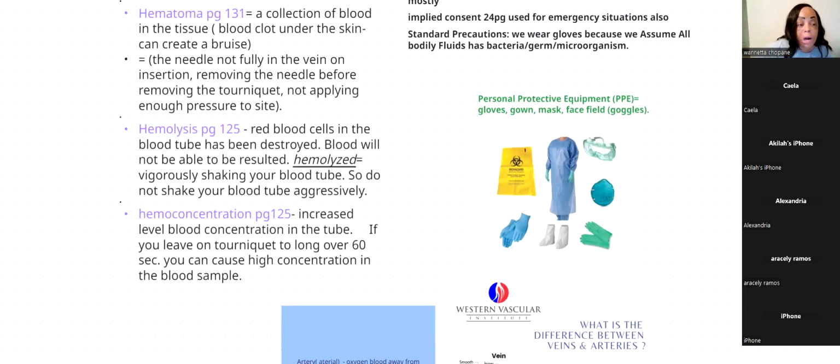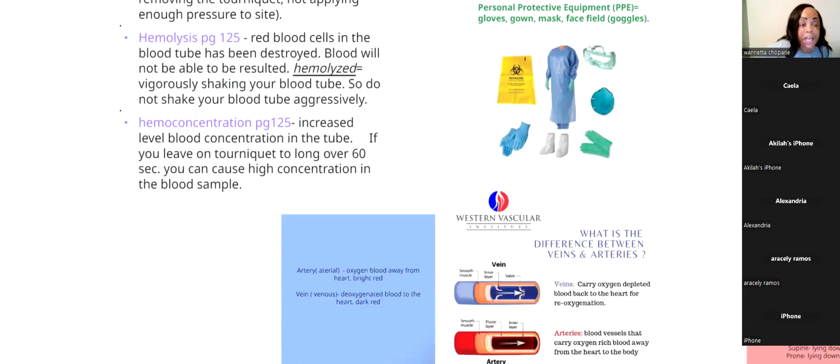Our next H word is pronounced hemoconcentration, H-E-M-O concentration, blood concentration, basically. It's also explained to us on page 125. What it means is an increased level of blood concentration in the tube. For example, the reason why if we have blood in our tube,